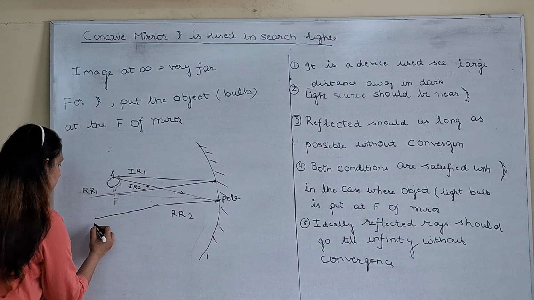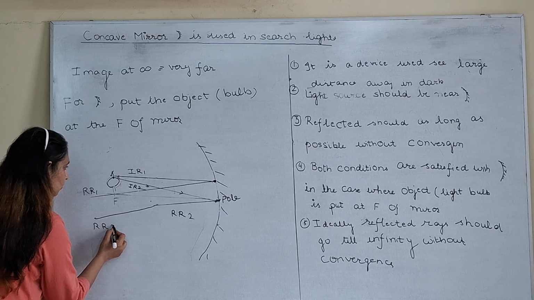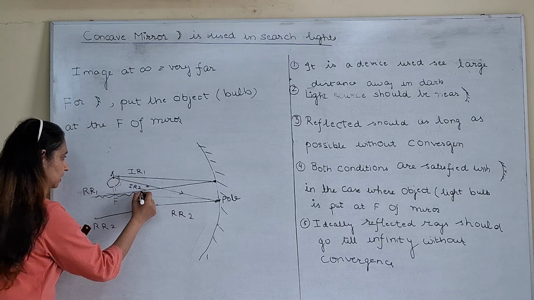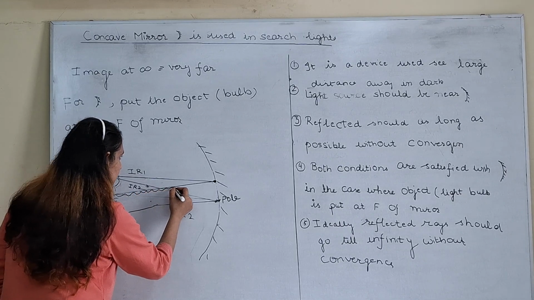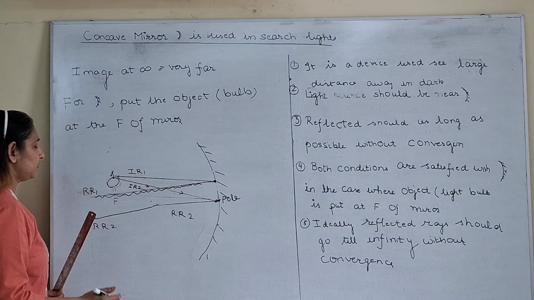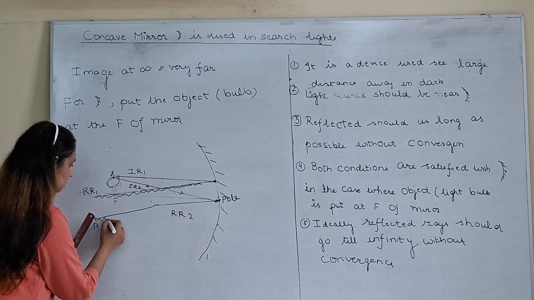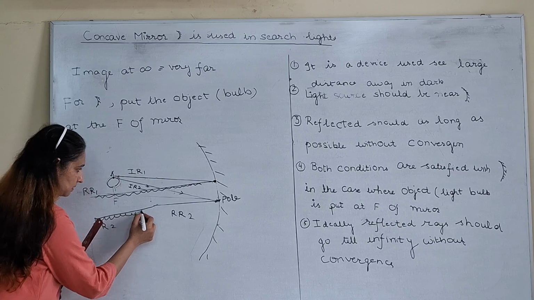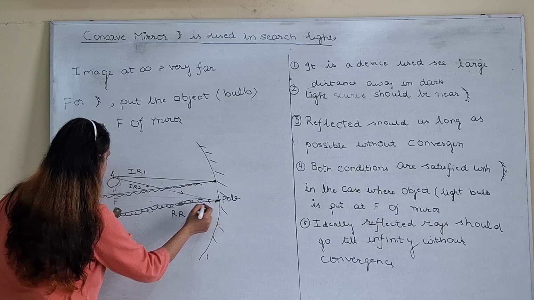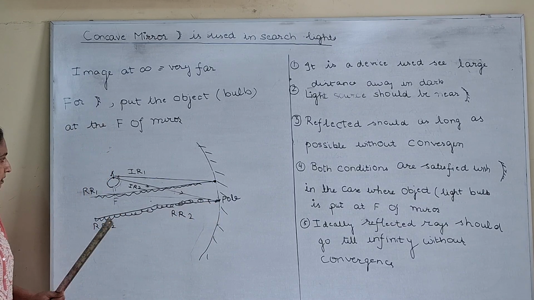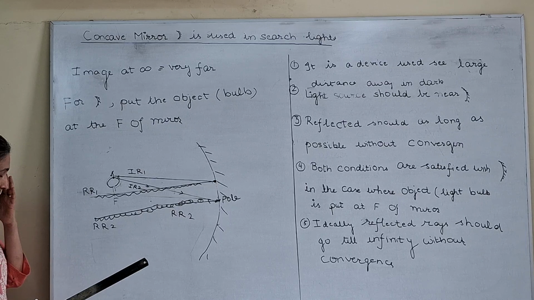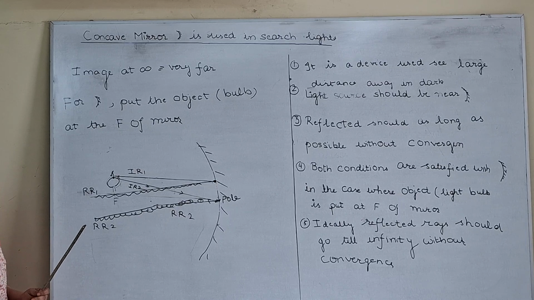Now, where are the two rays going? This is one of the reflected rays. I am highlighting it. And the second reflected ray is here. Now, what do you observe? Do you think they can meet? They are parallel to each other now. Do you think they'll meet here somewhere? No, because parallel rays do not meet.